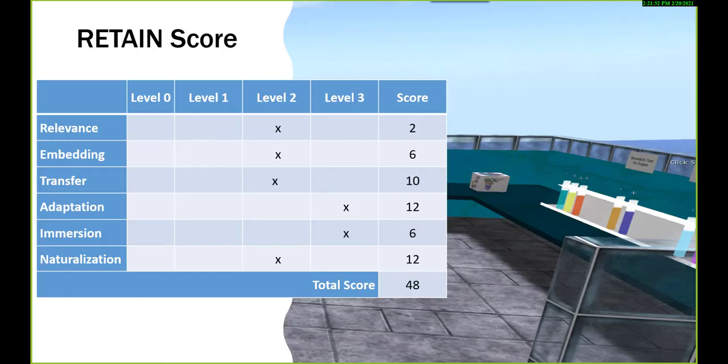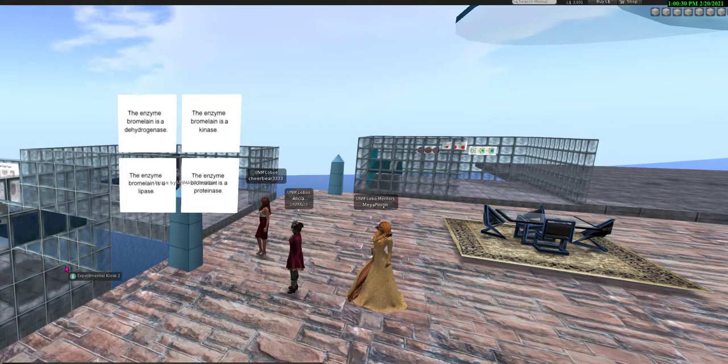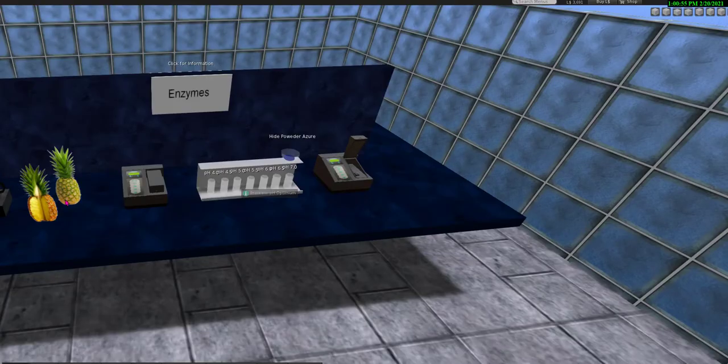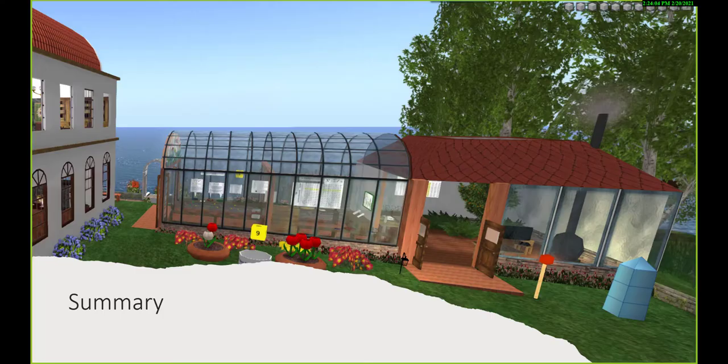Finally, we gave naturalization a level 2 score because Genome Island does have the opportunity for the users to use the information they learned from the simulations, but do not feel that they would provide opportunities to utilize knowledge habitually and consistently. Genome Island is an engaging teaching tool for instructors and learners to support genetics instruction, but may be